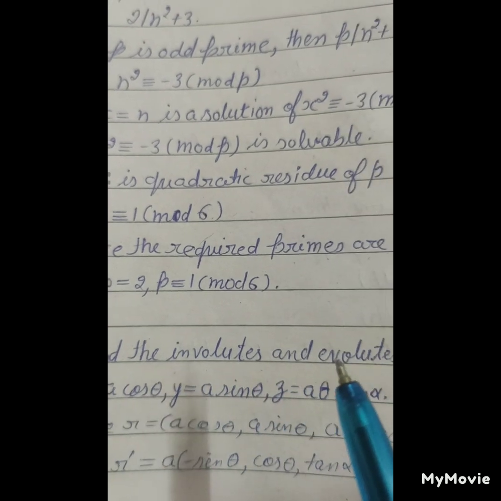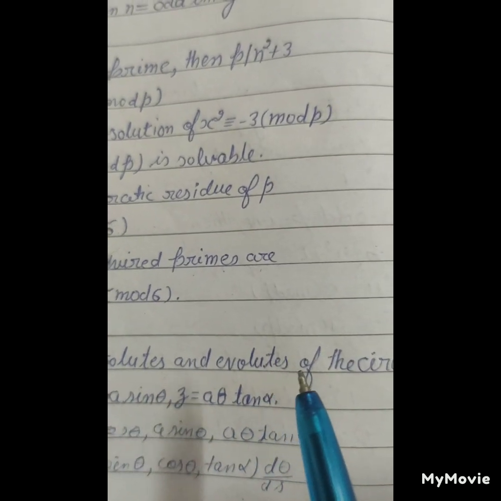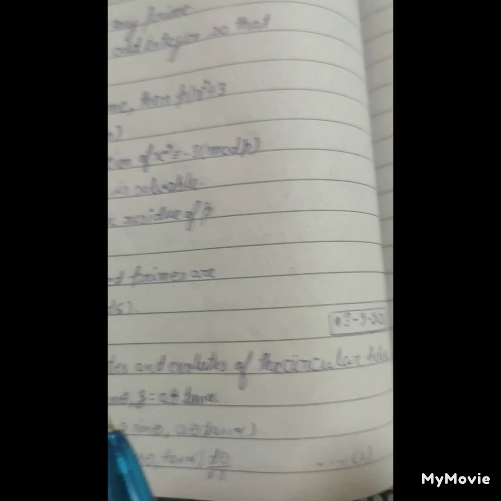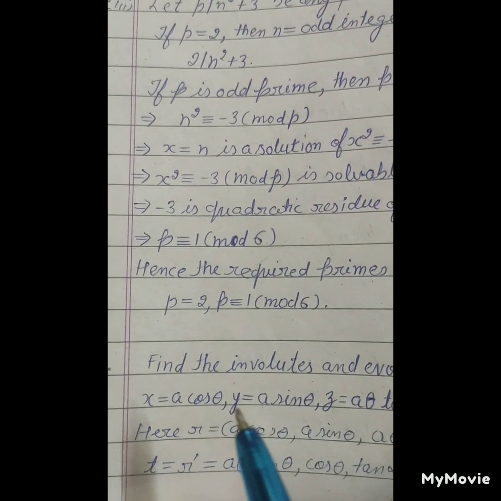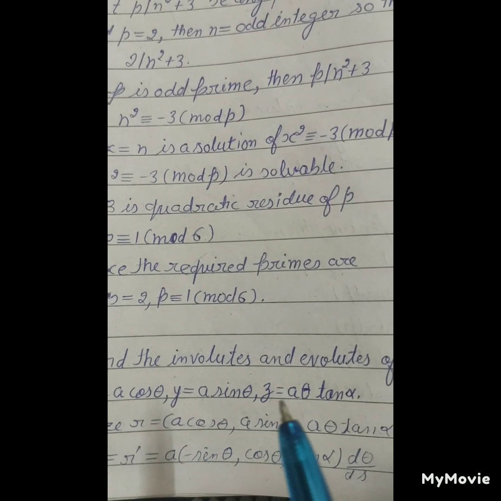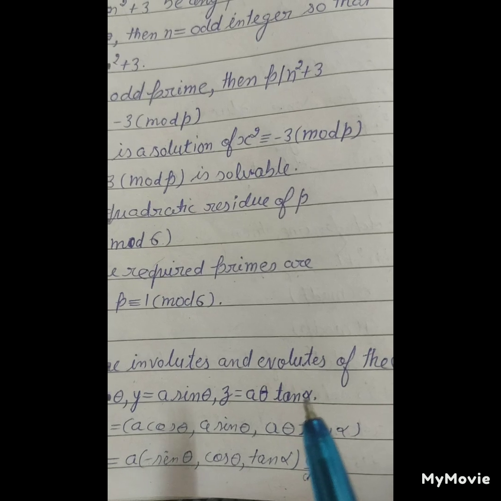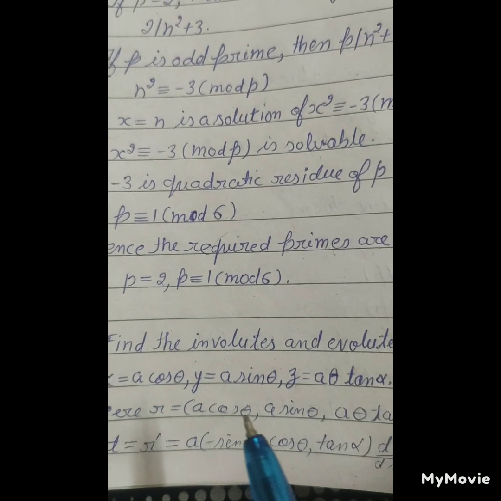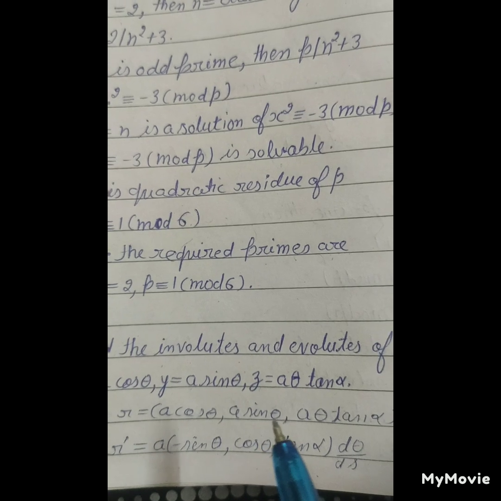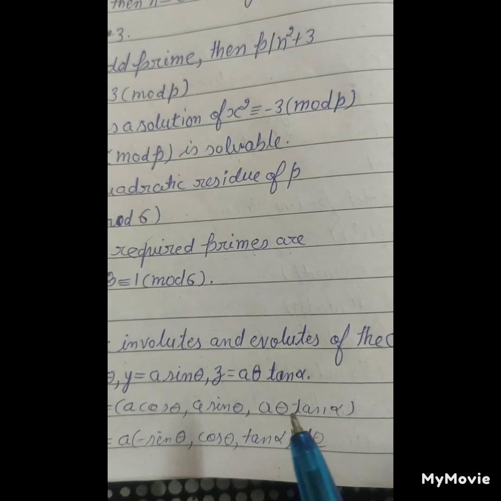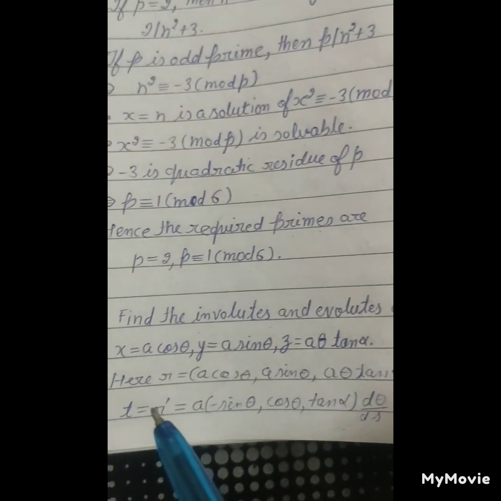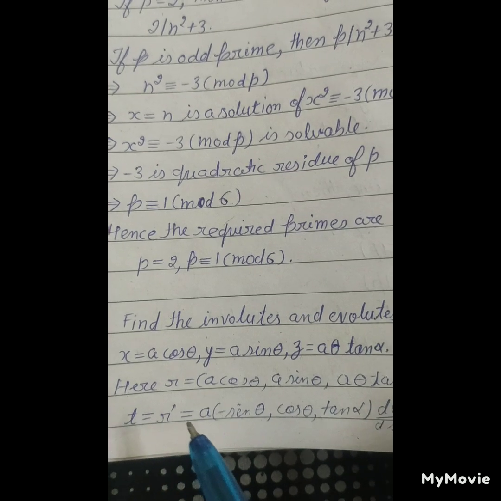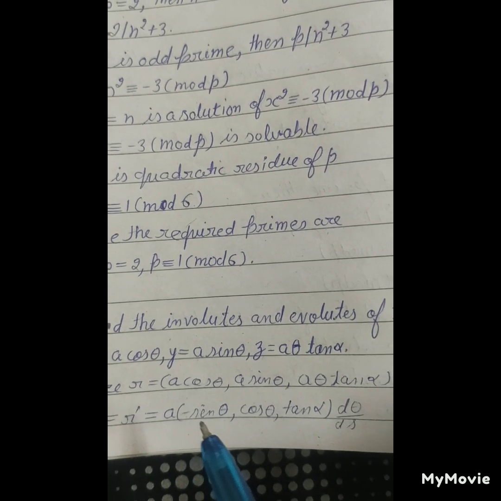Find the involutes and evolutes of the circular helix x equals a cos θ, y equals a sin θ, z equals a θ tan α. Solution: here r equals (a cos θ, a sin θ, a θ tan α). Now t equals r' equals a